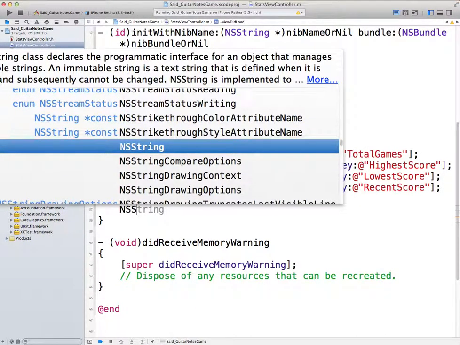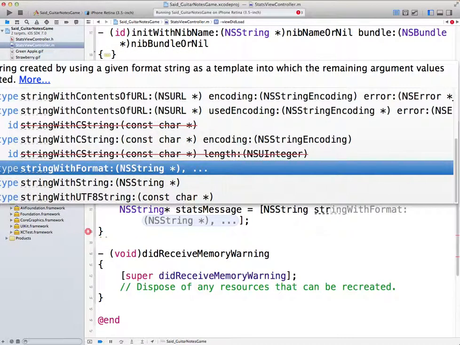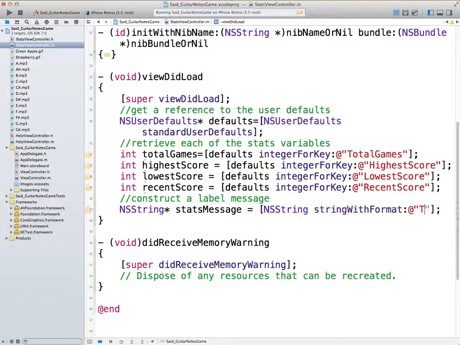So create a string, and I'm going to call this the statsMessage, and then I'll say I want to construct NSString using stringWithFormat. Now my format will be a bit complex because it will have 4 lines. So I will start with total games,